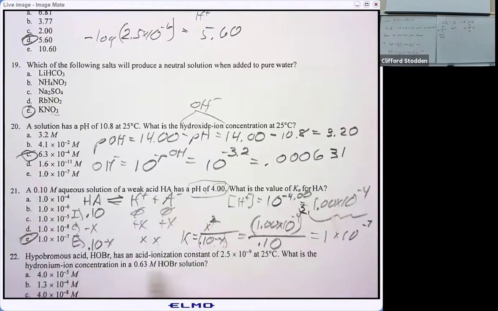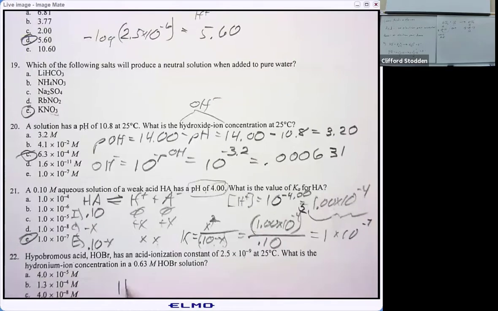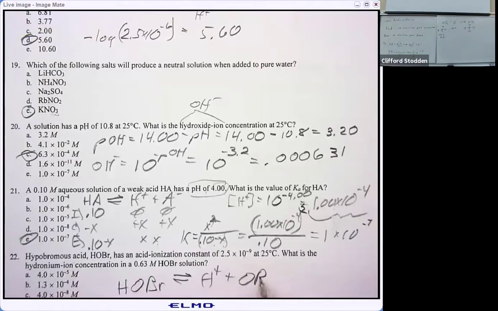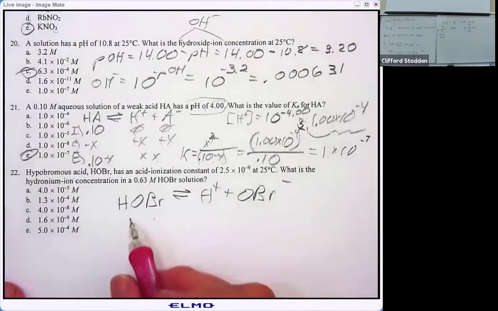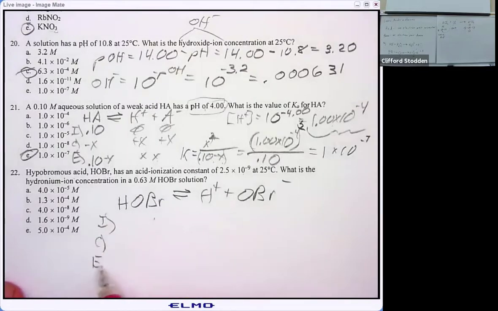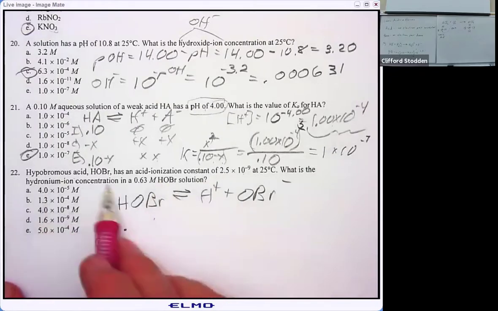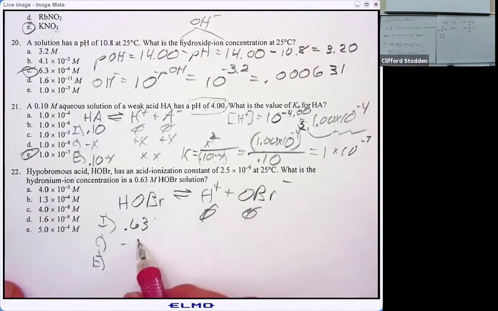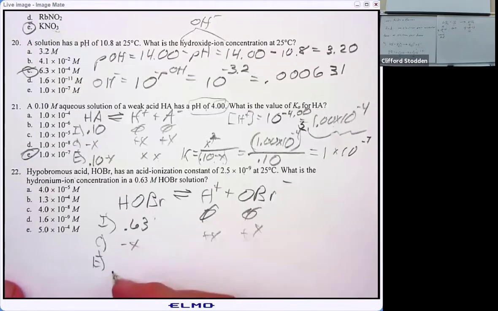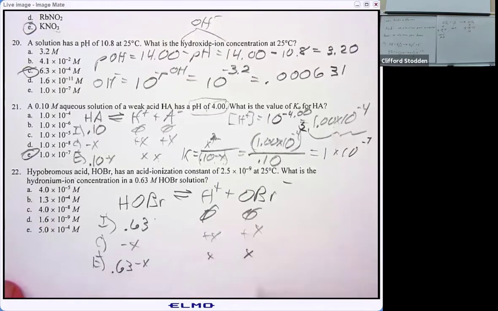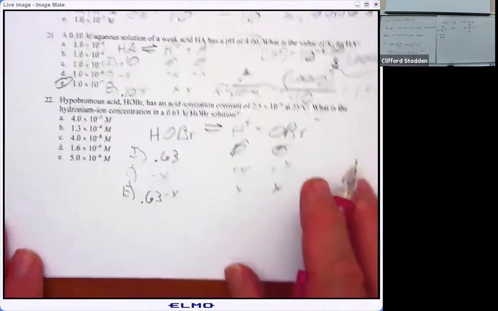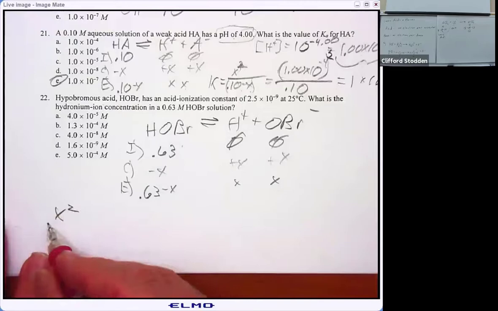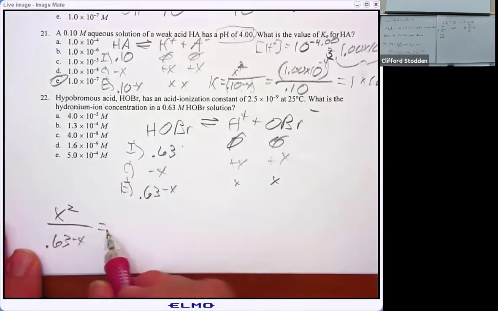Okay, hypobromous acid has an acid dissociation constant of 2.5 times 10 to the minus 9. What is the hydronium ion concentration? So this is an ICE problem, for a weak acid: HOBr in equilibrium with H plus and OBr minus. The initial concentration is 0.63 molar for HOBr. We start at 0. This is minus x and plus x, and x. So your overall expression here would be x squared over 0.63 minus x equals this number,